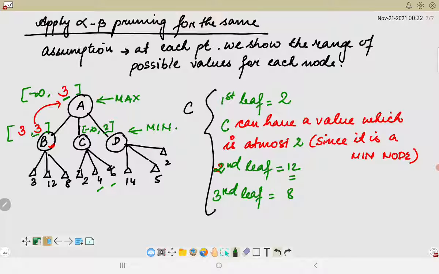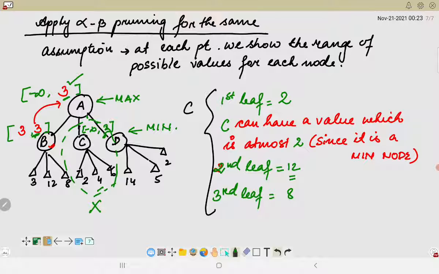So now let us see what values we got after we have evaluated two nodes of min. We have one node as 3 and the other node as 2. Now 2 is lesser than 3, hence the max node will never accept 2, right? So in order to apply alpha-beta pruning, we will now eliminate this entire path. This entire path would be eliminated. And why is it eliminated? Because this is giving me a utility value of 2 instead of the value which I am already getting here as 3.